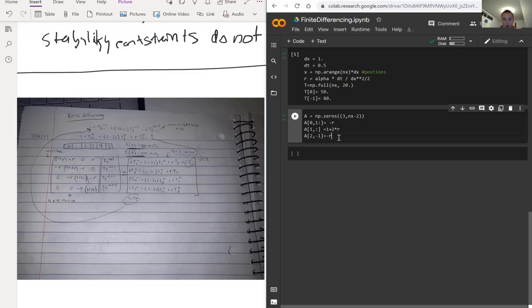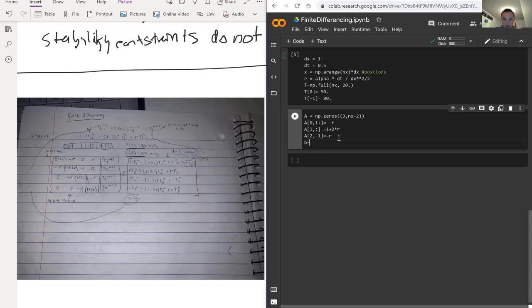Okay, so now that we have the A matrix, which is our left-hand side of the equation, we need to get the B matrix, which will be our right-hand side of the equation. And basically, this solved bandit is going to be able to calculate the temperature profile through our diagonals. So what we need to do next is specify our B diagonal, and we can just set these equal to